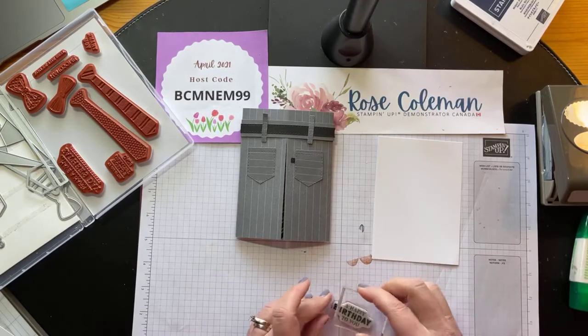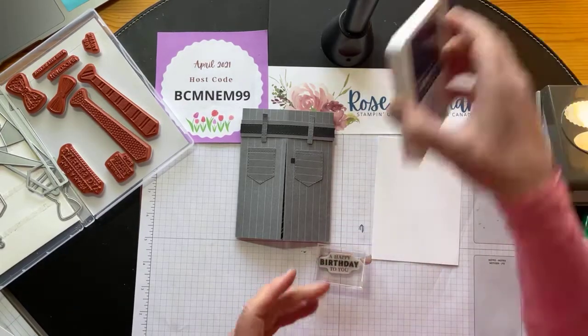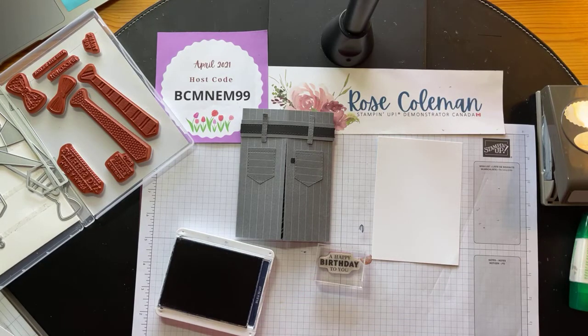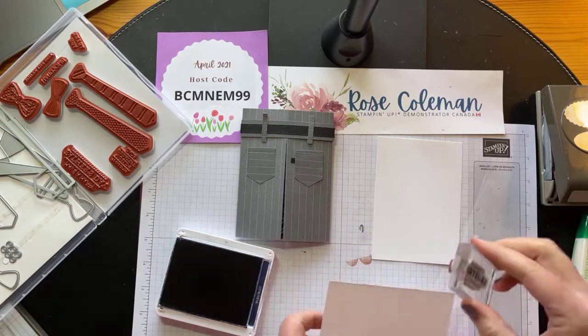I'm going to use navy. You could use black. I'm just going to use navy to add a little bit more color to the front of this card. Okay, so let's grab a little bit of scrap white and I'm going to stamp